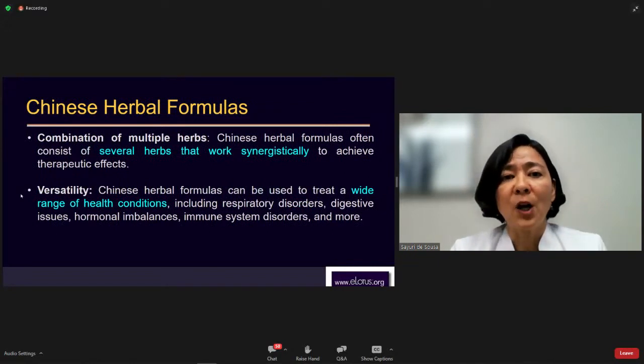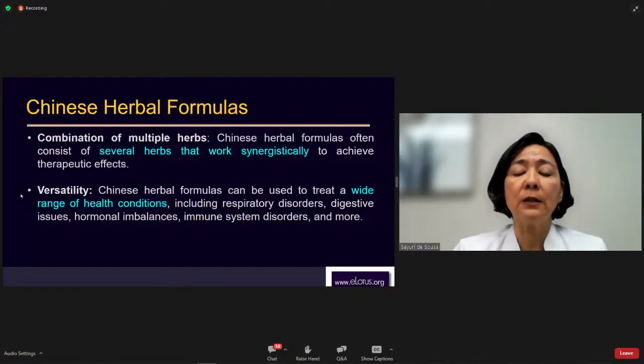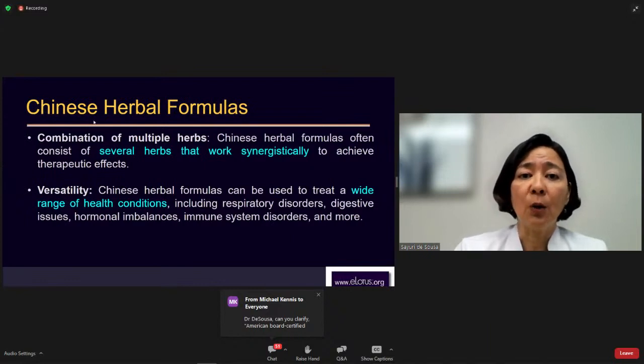Another thing that is important is the combination of multiple herbs. There are some kinds of patients that already use herbs. For example, where I come from, Brazil, we use a lot of herbs, but in a different way. They use single herbs for specific symptoms. With Chinese herbal formulas, we use a combination of herbs. And this is really, really important too, because people need to understand that using only one herb sometimes will not do the trick, because as we know,